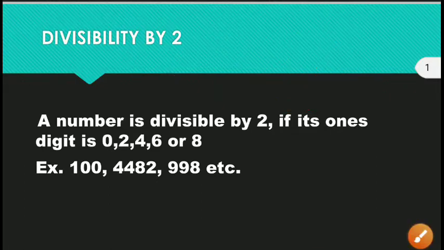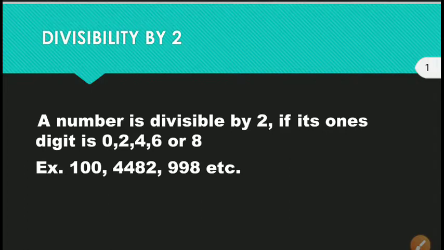When you were finding out whether a number is even or not, first you had to divide by 2. If it is completely divisible, you would say that it is an even number, and if it is not divisible by 2, you would say that it is not an even number. But you need to do a division. But here, if you learn all the divisibility tests, without using any paper or pen, by looking at the number you will find out whether it is divisible by 2 or not.